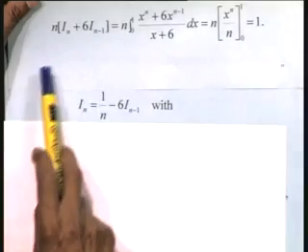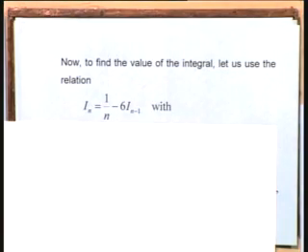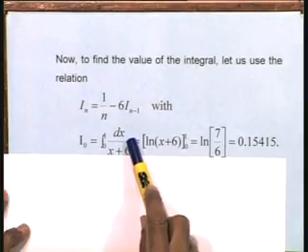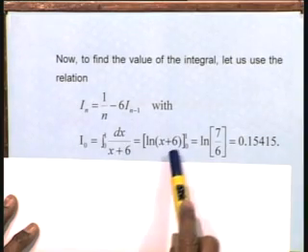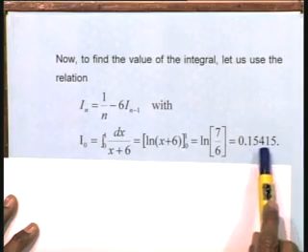So what I would first do is use this relation. From this I can take n to the other side, giving 1 upon n, and take the 6 I n minus 1 to the right hand side. So I simply have I n equal to 1 upon n minus 6 I n minus 1 as a recurrence relation, with I 0 as the starting value. I 0 can be integrated exactly: I 0 is the integral from 0 to 1 of dx upon x plus 6. I integrate it as the logarithm of 7 by 6, which, retaining 5 decimal places, is 0.15415.